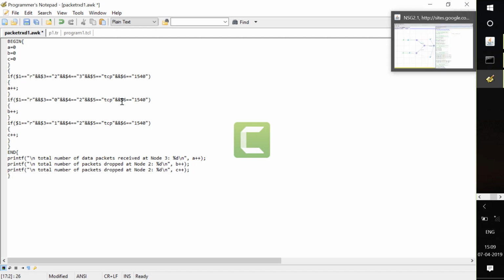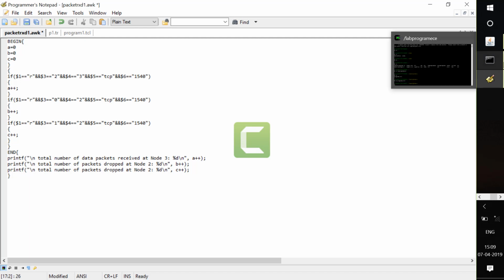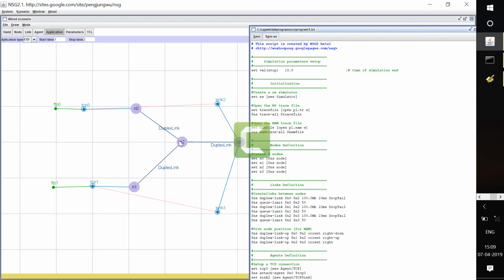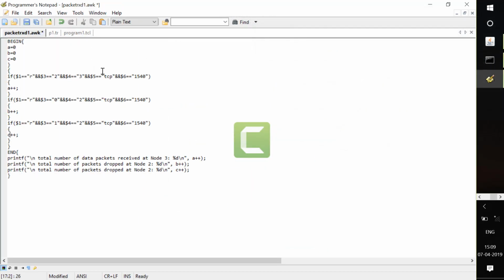Here you can see this first one, between 2 to 3, if I consider it, the packets that are reaching the destination go through N2, this is the source and this is the destination, so I have made it 2 to 3 TCP packet 1540.